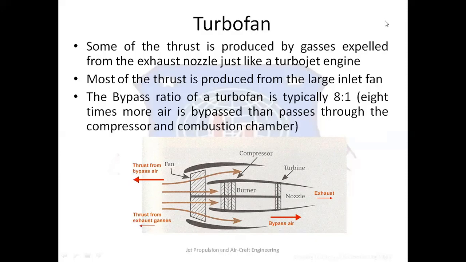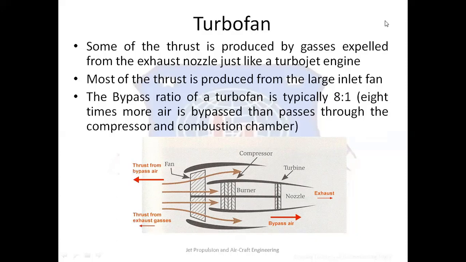Now the remaining components work as we have seen already in the turbojet engine, right? The air which is coming through the fan would enter into the compressor, where it gets compressed, then there is a combustion chamber where the fuel is ignited with the presence of oxygen in air, and then we have the turbine where partial expansion takes place. Now here the function of the turbine is to run the compressor, fan and the other auxiliary devices, while the remaining gases get expanded into the nozzle to get the thrust. Okay, so